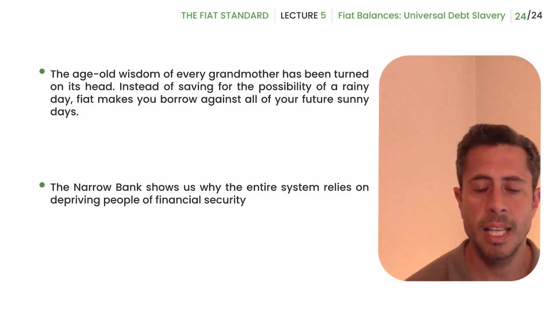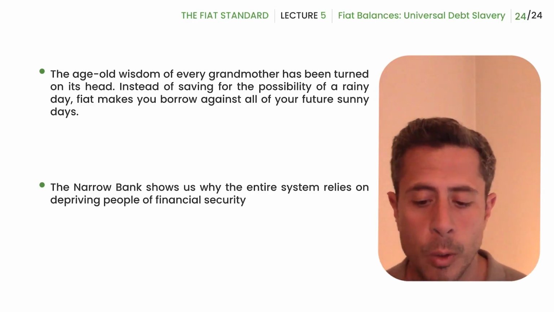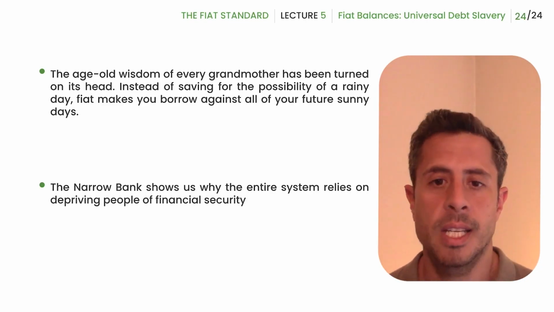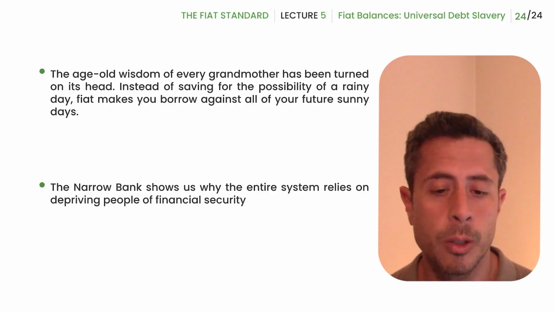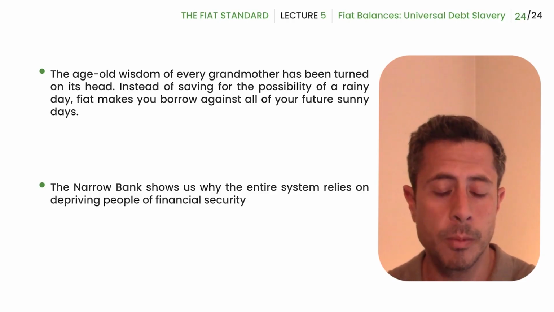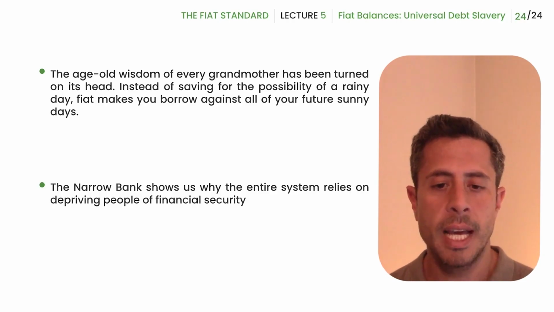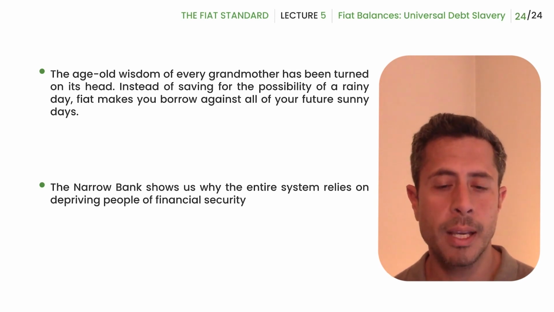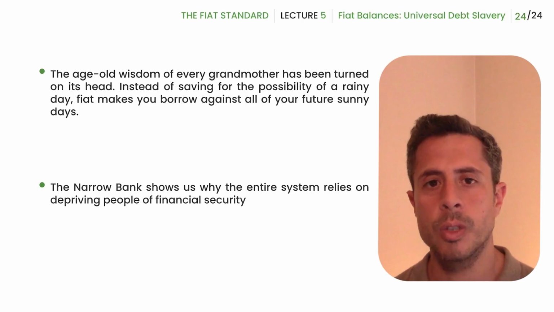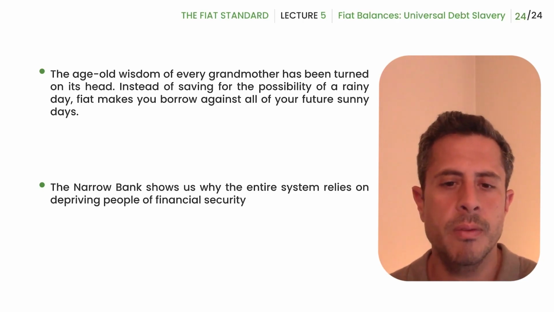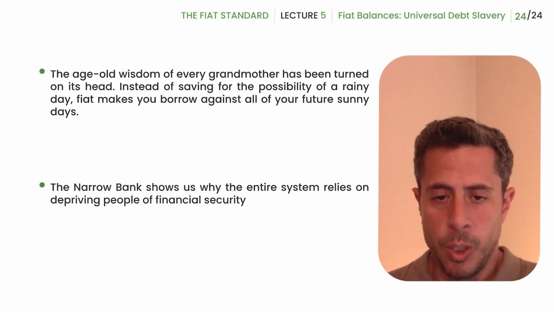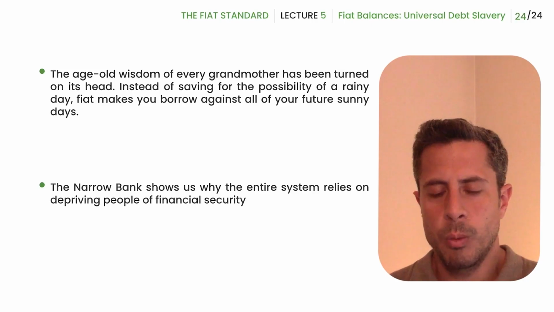And then the chapter ends with the example of the narrow bank, which is a bank that tried to offer people basic savings. What they did was they said they're going to deposit their bank capital at the Fed and get the interest rate that the Fed charges. And that's basically the interest rate that only banks can get, which is the lowest interest rate and the safest interest rate. And you know, the Fed is the safest creditor by definition, because it can create the money. So it'll be the last person to ever go bankrupt on the fiat system. But you and I can't just get an account with the Fed. We can't deposit money directly.